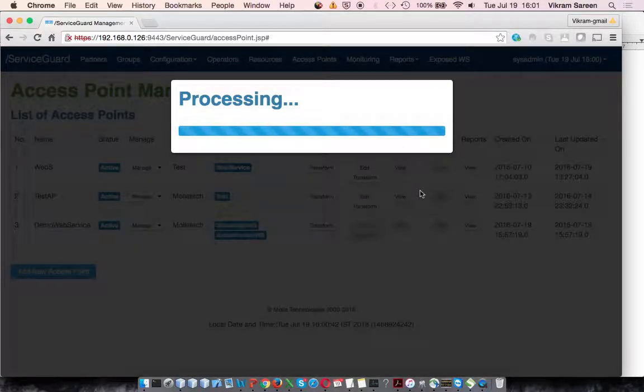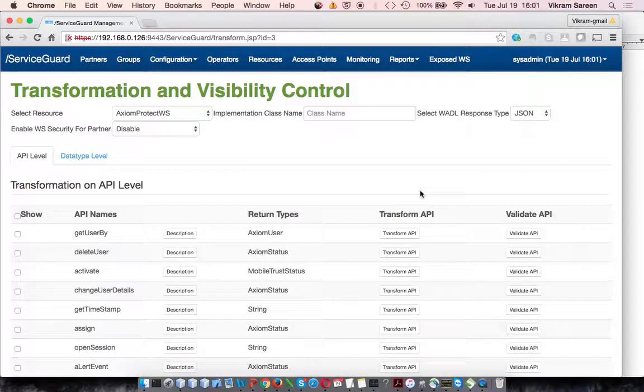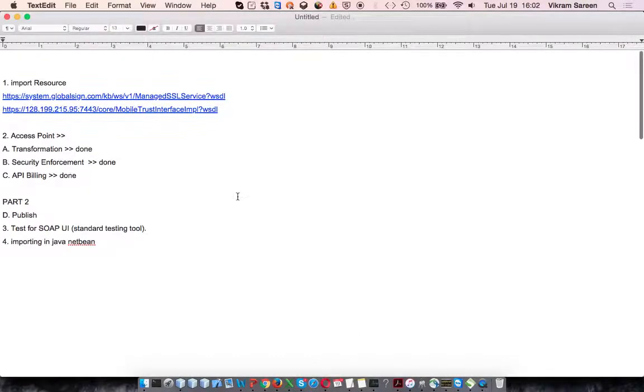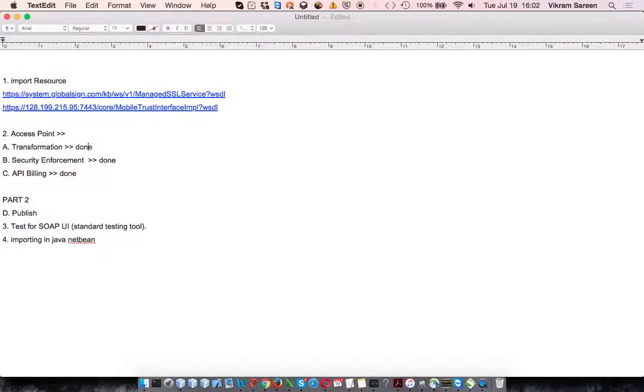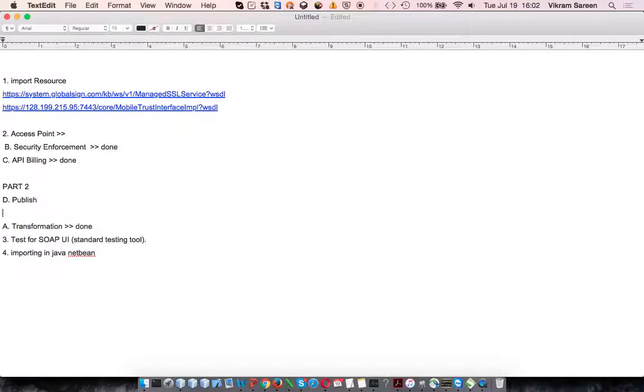If you want to use WS security, you can put a simple tick over here, and then you say transform. So at this time, what's happening is that we are creating a wrapper onto the two internal WSDLs, and then we are putting all the security that was predefined, and now we are coming into the API transformation and visibility. So this is what we have talked over here. After publishing, we have the part which is going to be visibility, transformation,